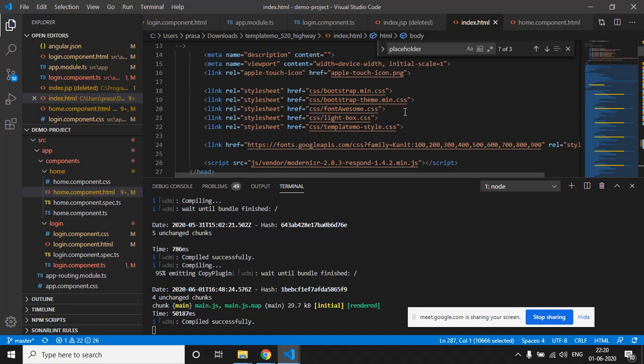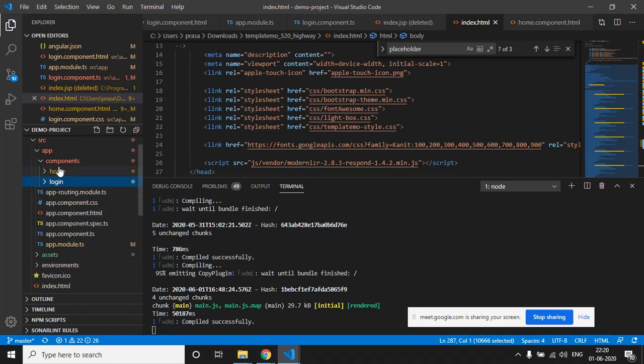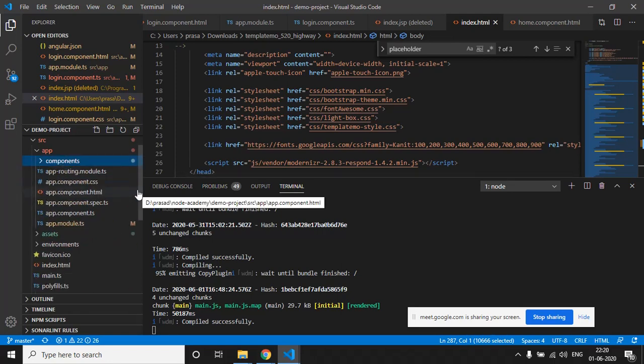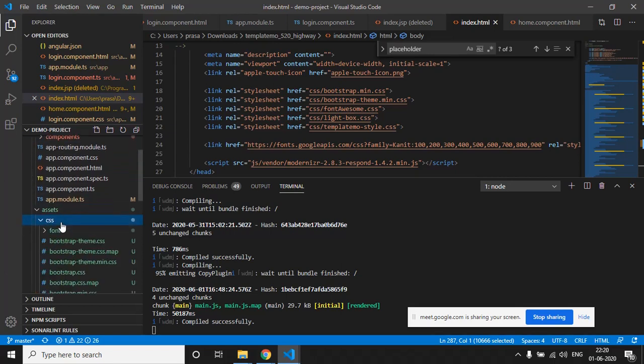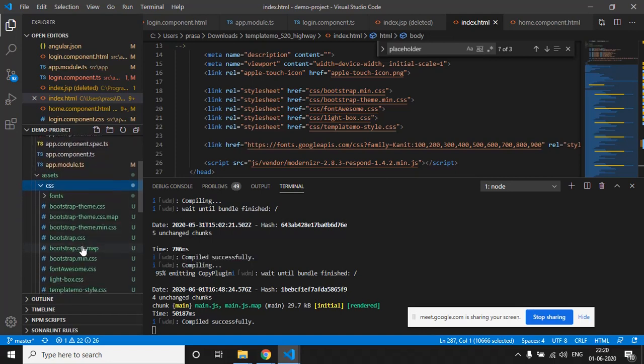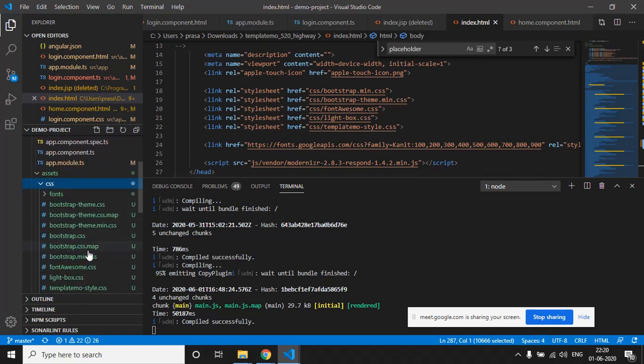To use this CSS, we have to import this external CSS into our angular.json file. All these CSS files were present in the assets folder we have pasted. If we go to the assets folder, in the css folder, we can see all these files are present here, right?